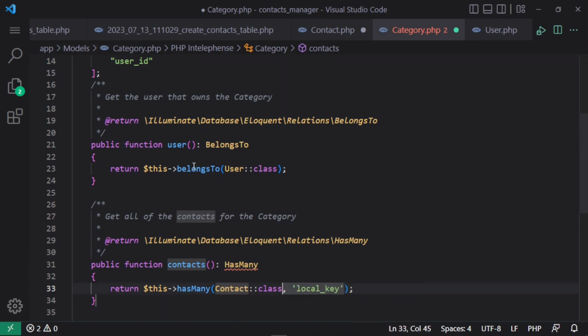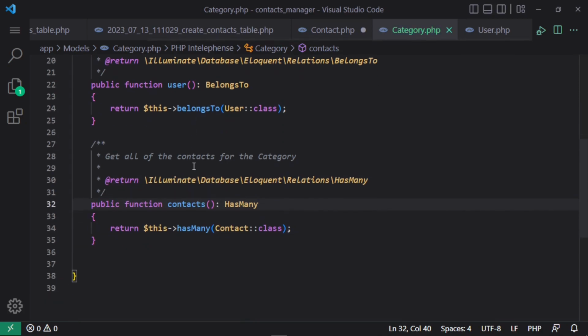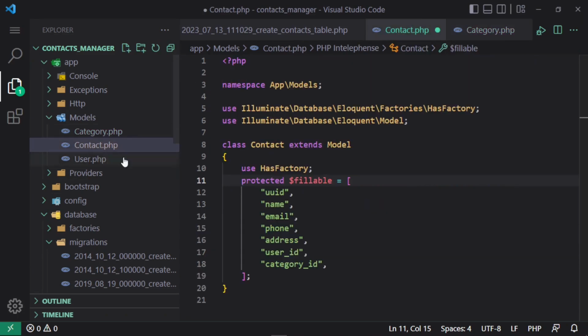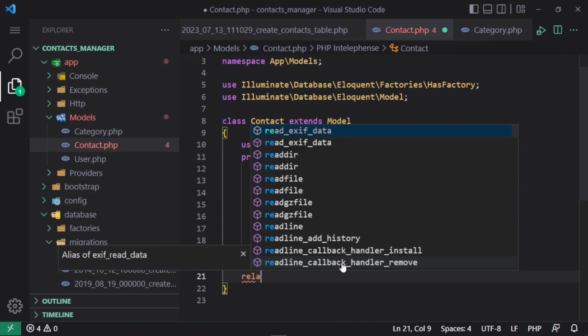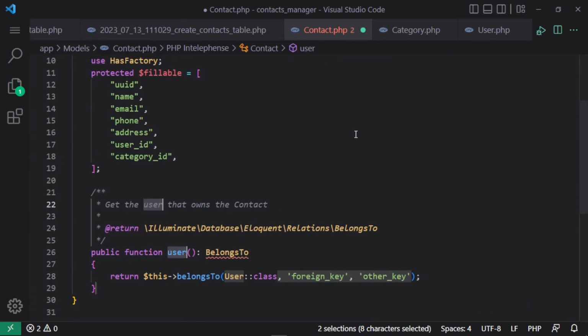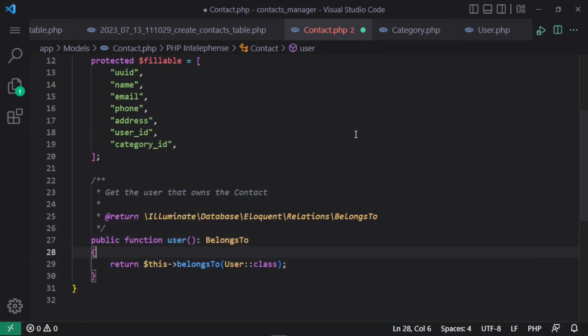Contact model, remove the two parameters because we are using the same convention provided by Laravel, and now we have to add relationships to the contact model. So contact belongs to a user as well as category. We can get the user from the category as well, but we are gonna go with this way. One problem can have many solutions, but we are gonna go with this way, and import the belongs to,